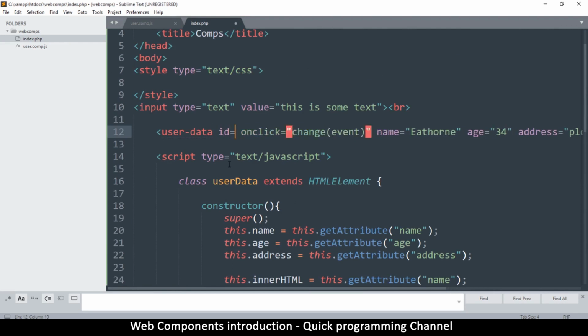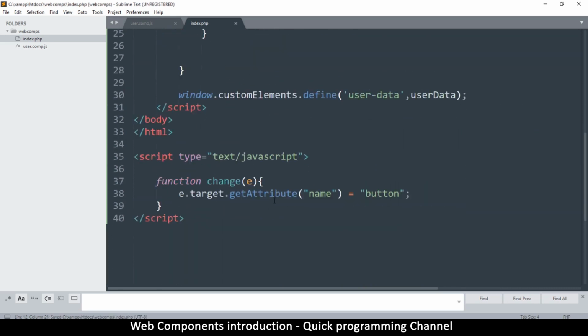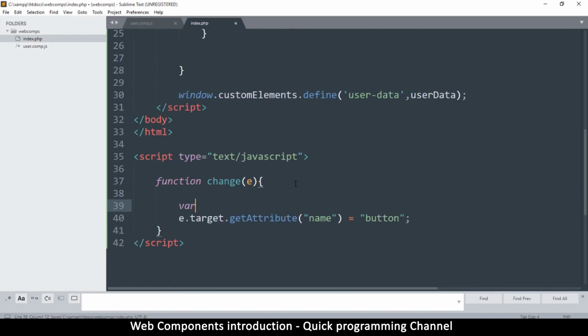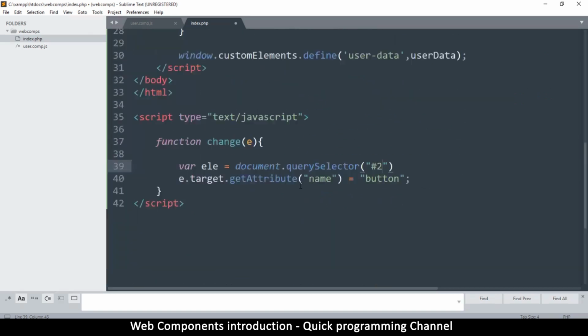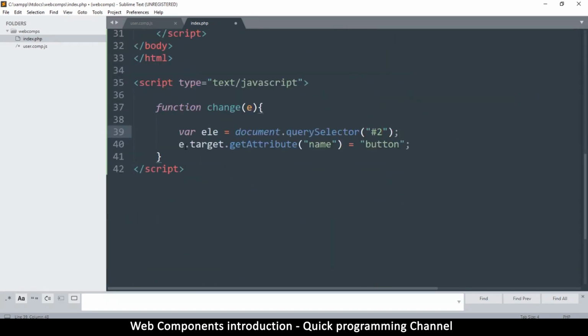Let me do an ID because I really want to prove this point here. I'm going to change this ID to, I don't know, maybe 2, something like that. Then let's get the element by an ID. I'm just going to say var element is equal to document, because I want to grab that thing, getElement by, oh, let me use querySelector. Why am I suffering? querySelector, and I'm going to use a hash, and what's the ID here? 2, something like so. Once I grab that, then I can say element dot,